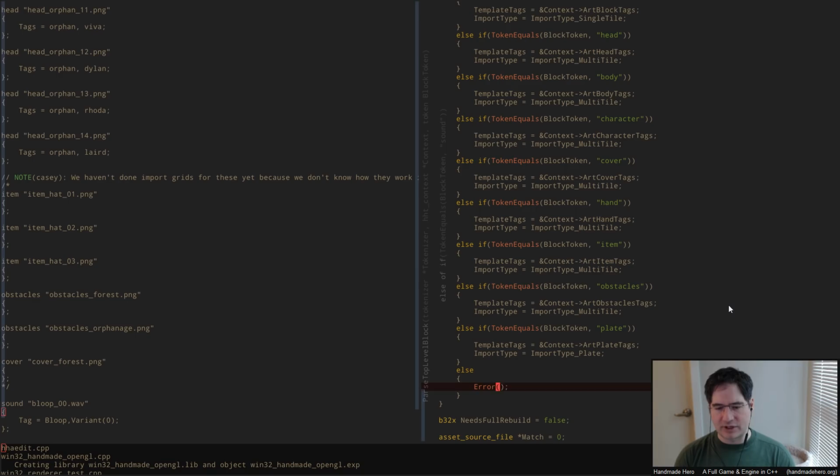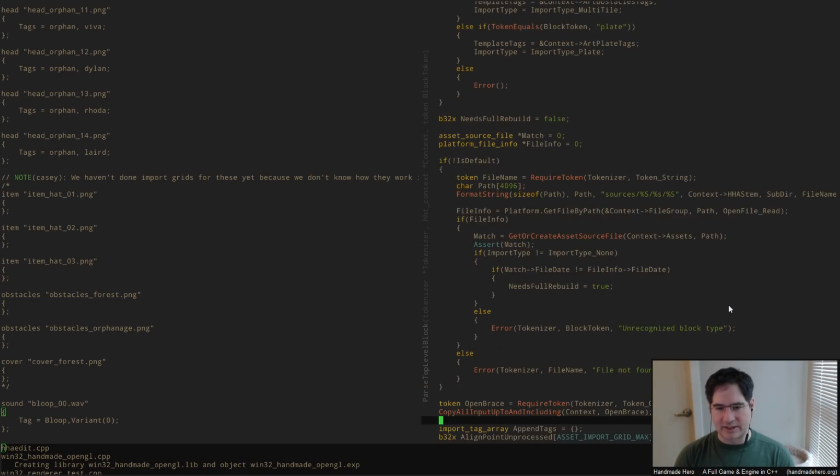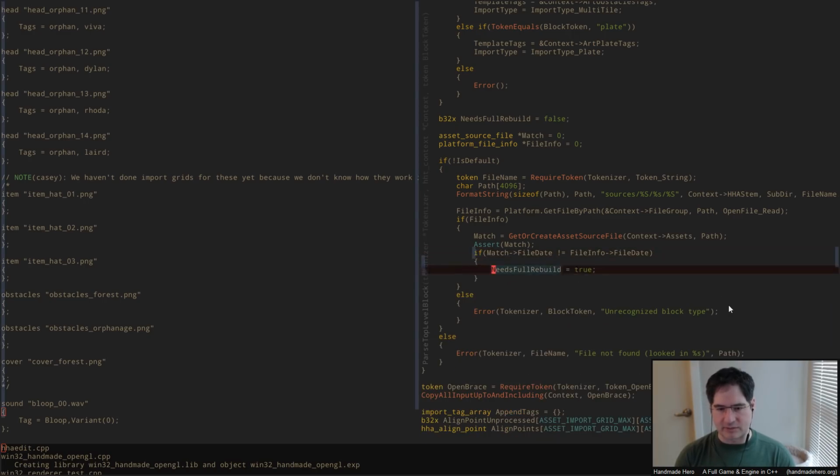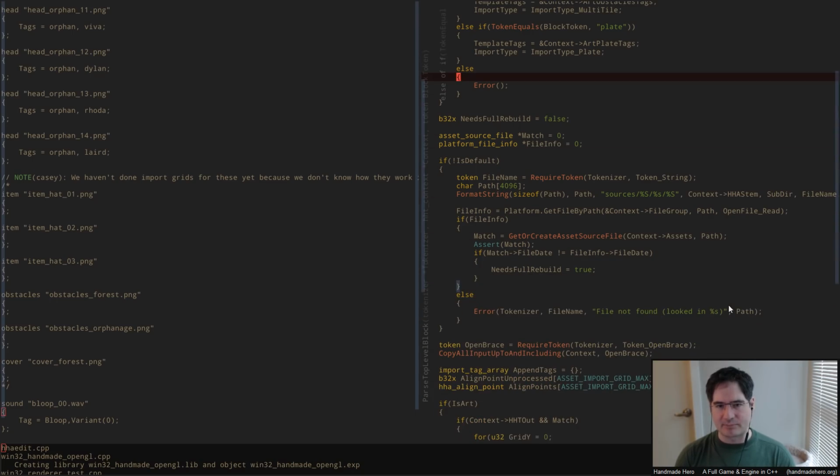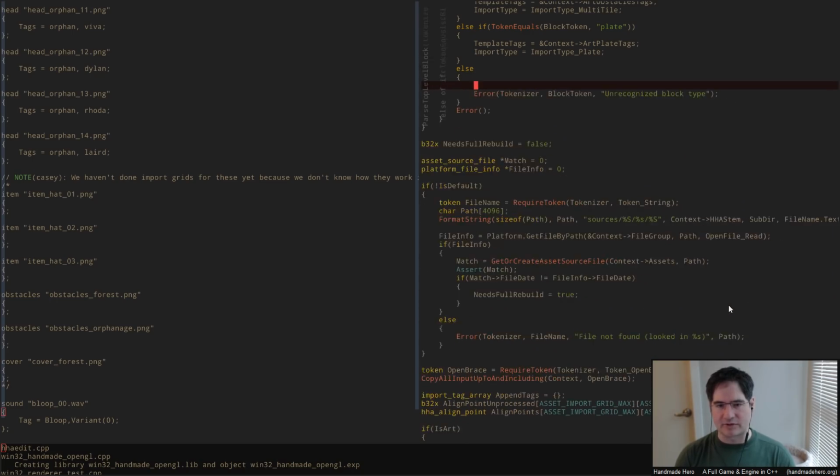So when we come through here and we get one of these errors, we can just say, look, and I don't remember what our thing is. It's just the tokenizer in the block, right? So in here, I don't actually know that this matters at all. I don't think it does, so I'm going to get rid of it. And I'm going to take this error and put it where it arguably belonged in the first place,